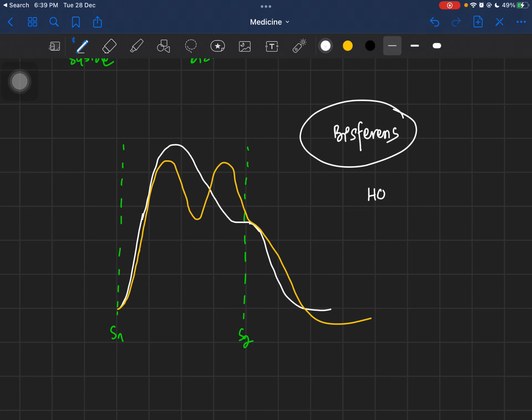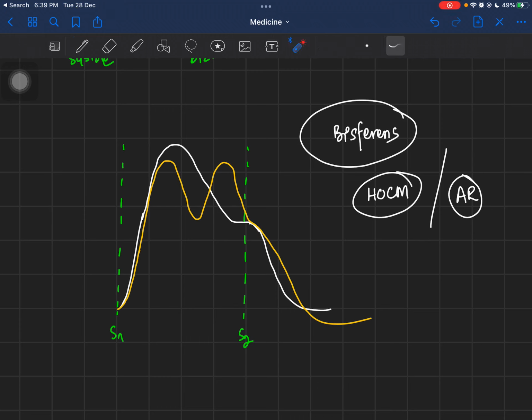Okay, so let us say this is seen in hypertrophic obstructive cardiomyopathy. This condition is also seen in aortic regurgitation. Mechanisms are quite similar, but there is some difference between the two. So I'll talk about both now. What is happening in hypertrophic obstructive cardiomyopathy is basically your left ventricular septal wall is too thick, but this part of the septal wall is non-functional, it is non-contractile. Because of it being thick, whenever you are trying to push blood out, what happens is